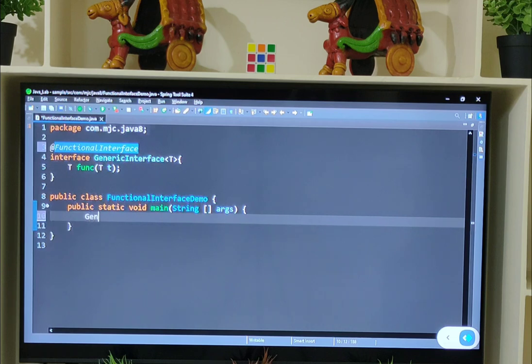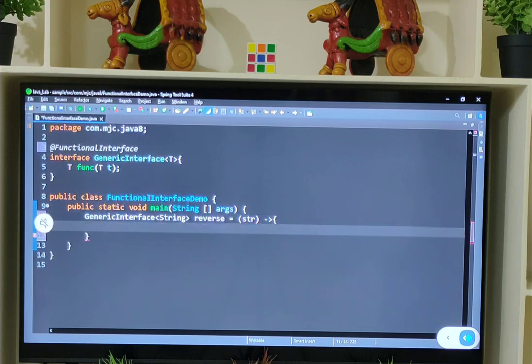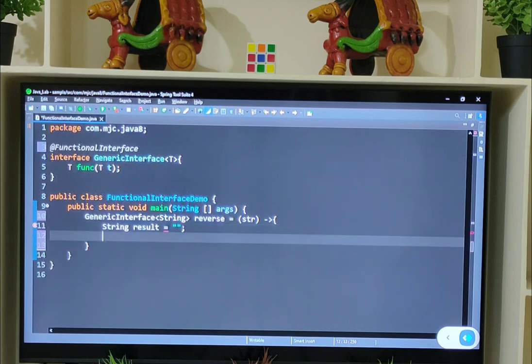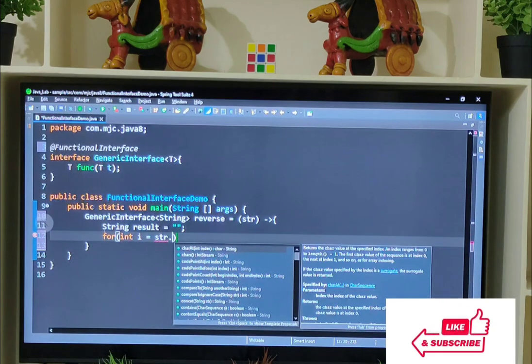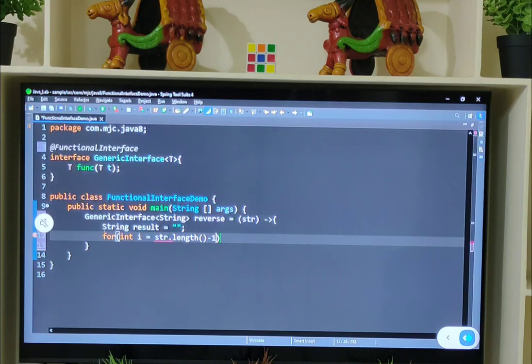So take the first one, GenericInterface, and this will take String as a type, reverse is equal to str arrow operator, string result is equal to empty string. for int i is equal to str dot length minus 1; i greater than or equal to 0; i minus minus.